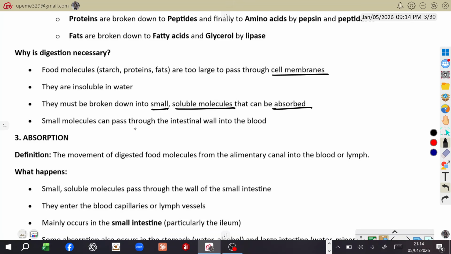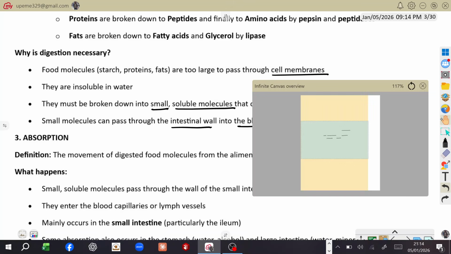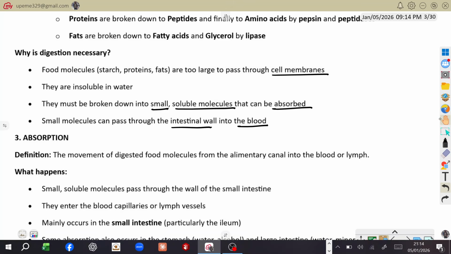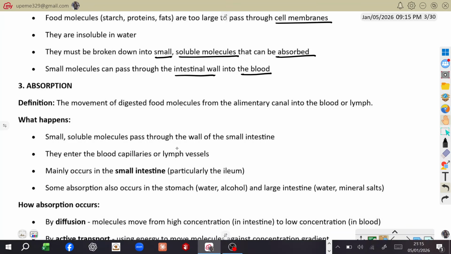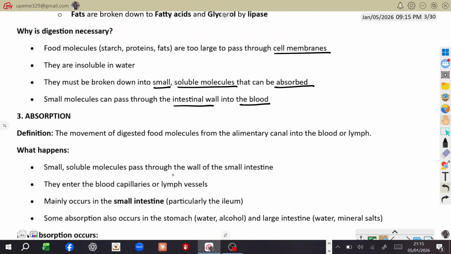So small molecules can pass through the intestinal wall into the bloodstream. That's the very reason why digestion has to happen. Chemical digestion has to happen to ensure that the food that we eat is broken down into small soluble molecules that can pass through the intestinal walls and the cell membranes there. All right, now we have talked about process number 2